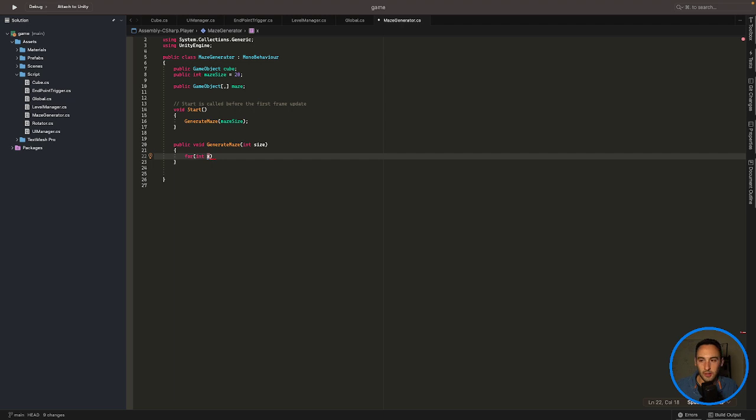So to start off with, we will say for int x is equal to 0, and then what we want to go up to is x is less than our array size, so it will be size. And then we want to say x plus plus, close our for loop off, and then open up another